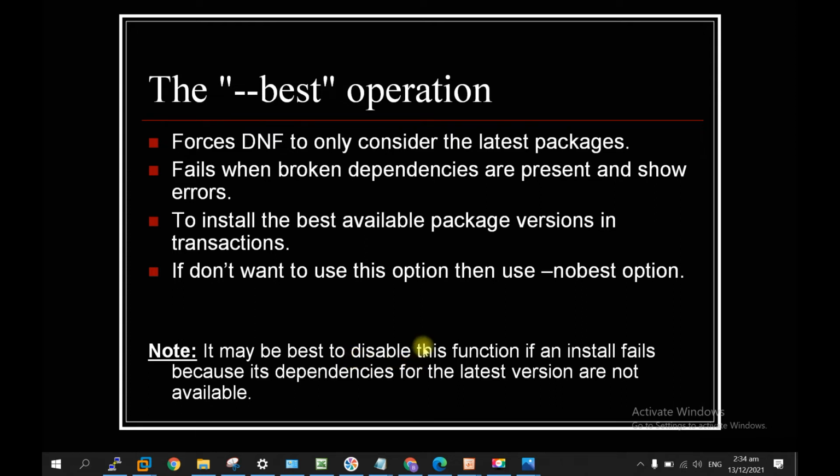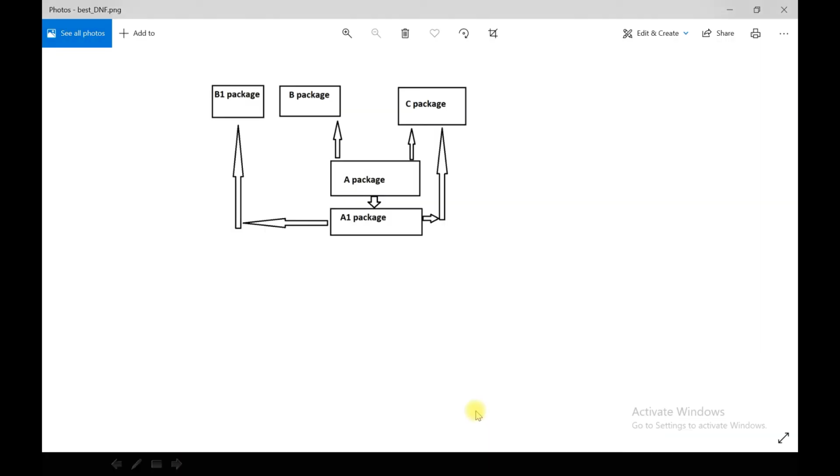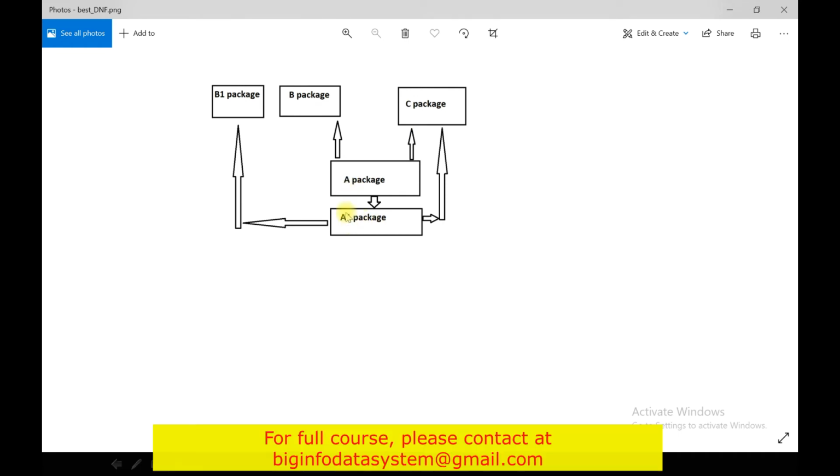Here I can explain this best option with one example. Let me open this one. So this is an example. Let's say you have package A and you want to update it. For package A you need to update package A, package B and package C. If you see, for updating package A you really require two packages.